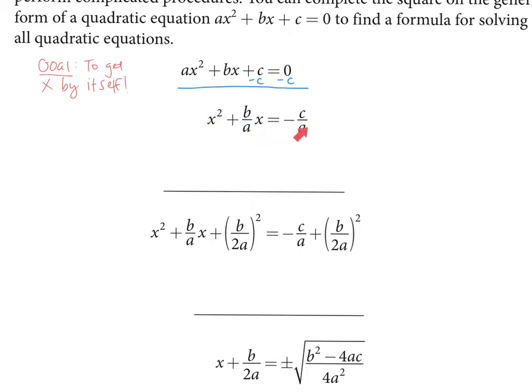Now let's look at what happens next, okay? So we moved c to the other side, and now we see we don't have a coefficient in front of a anymore. So with our quadratic equation of ax squared plus bx equals negative c, what we did was we